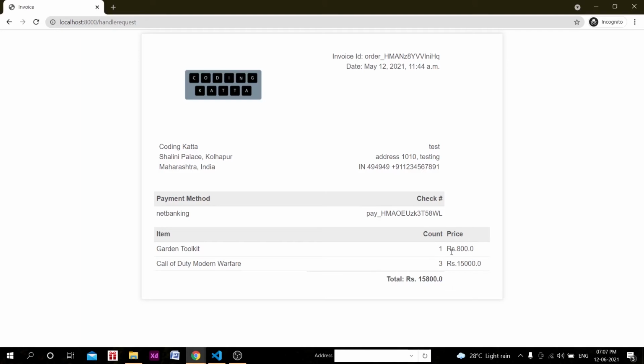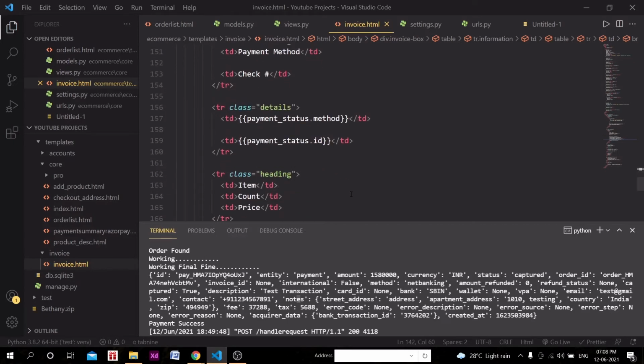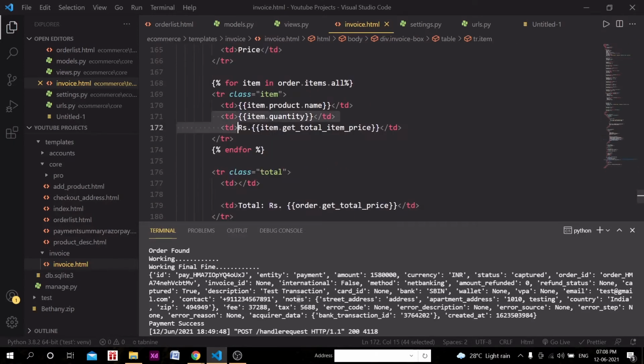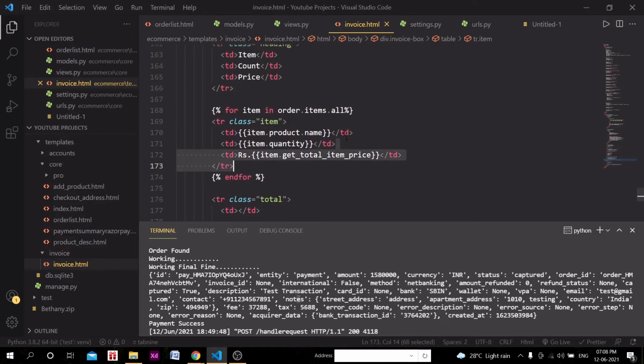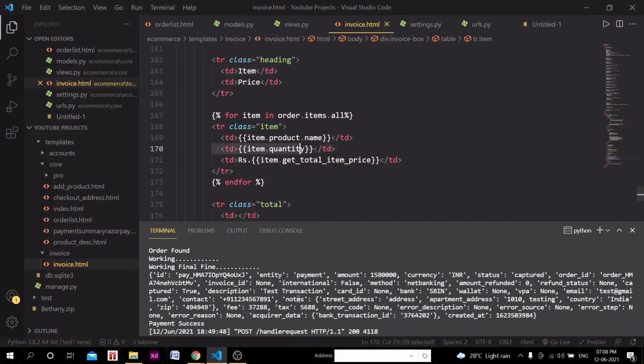And the count was coming. I don't know how to fix that thing, so for now we can simply neglect this, or we can remove this and I will show you one simple trick.